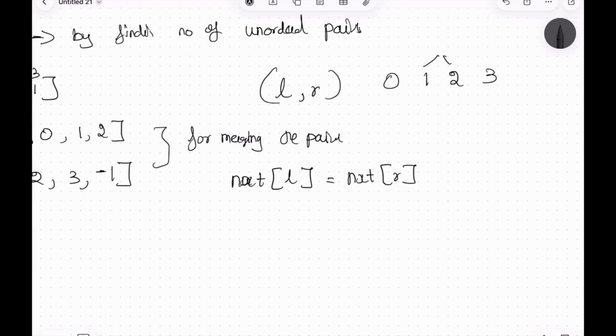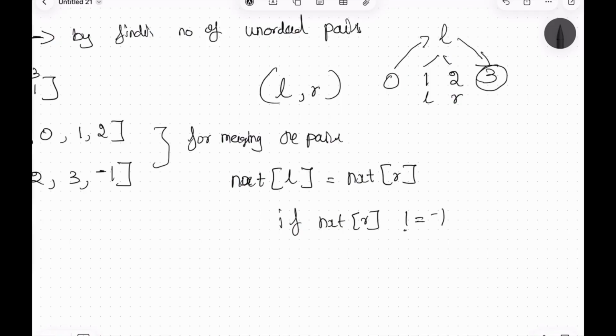This should become 1, right? Let this be L, where if we merge L and R, we have to merge R into L. So in that case this link should be formed, right? Because of that we have to make sure that this is left and this is right. So next of left, which is 2, we have to mark that to next of right, which is 3. So we have done that. And if next of right is not equal to -1, which means if some element exists, which is 3